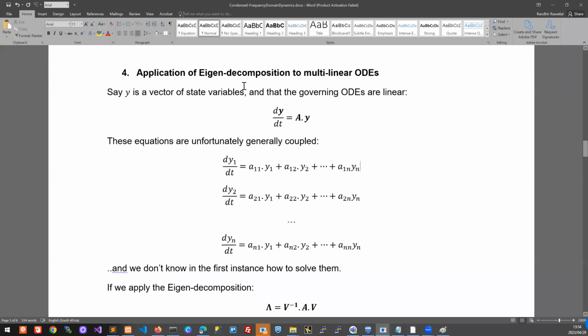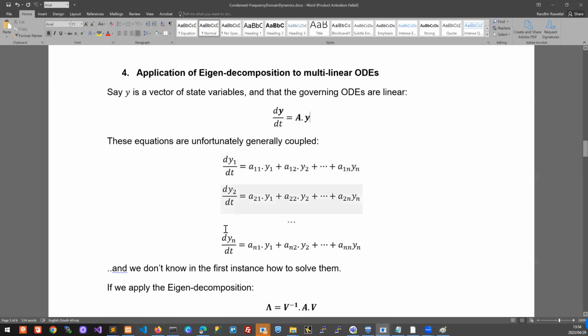And in our next step, we're going to apply eigen decomposition to solving multilinear ODEs. So a multilinear ODE looks like this. It is a linear ordinary differential equation, but y is a vector. So generally speaking, y is a vector of states, and it's coupled through the differential equation to all the other